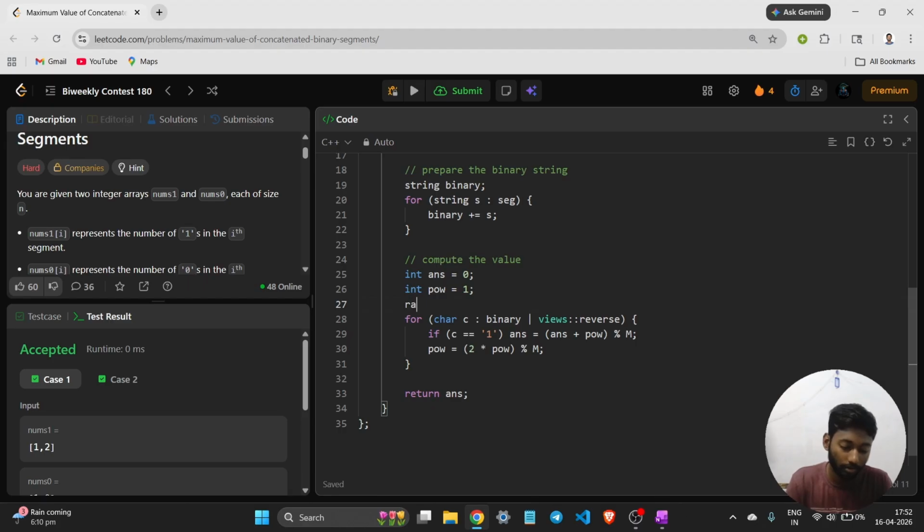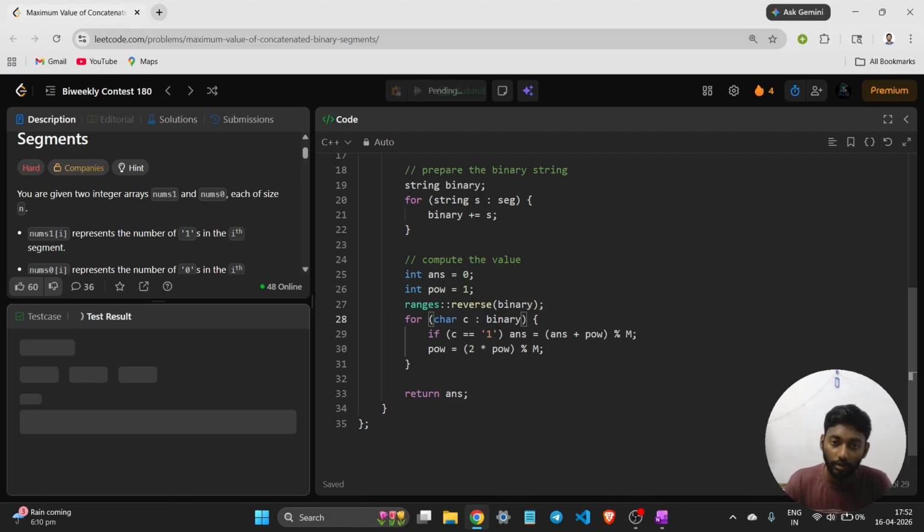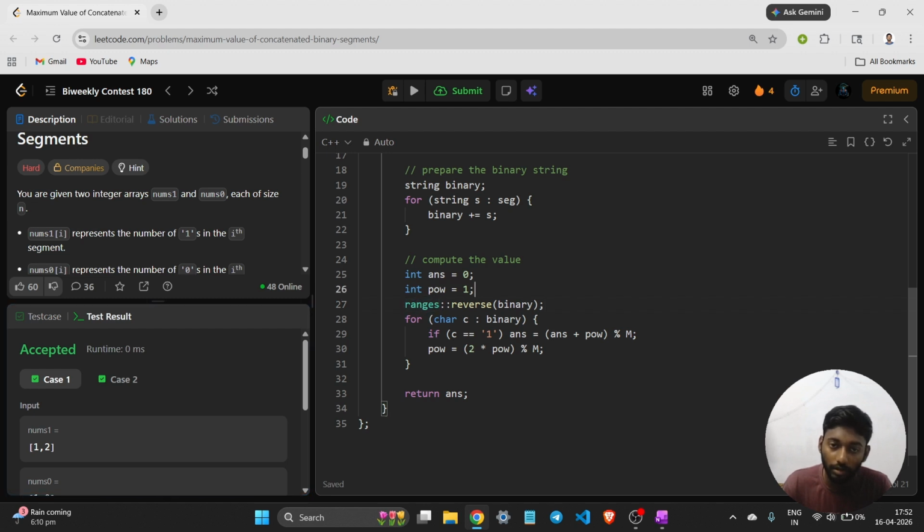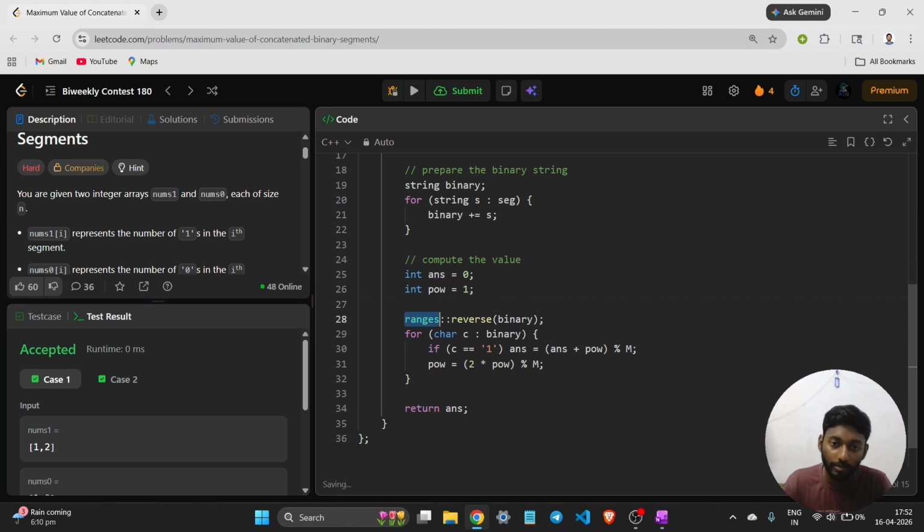Or you can simply use reverse on this binary and simply iterate it. That will also work. So why are we using this? This is the sub namespace ranges where we handle the range based containers and algorithms. If you use the old functions, the ranges namespace came after C++20. So if you use the old one, it will be like reverse